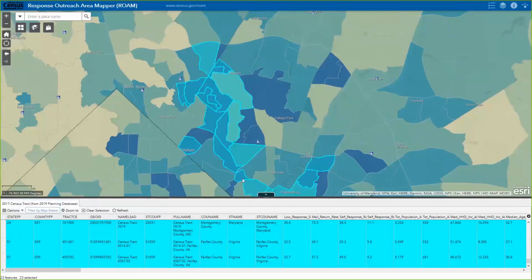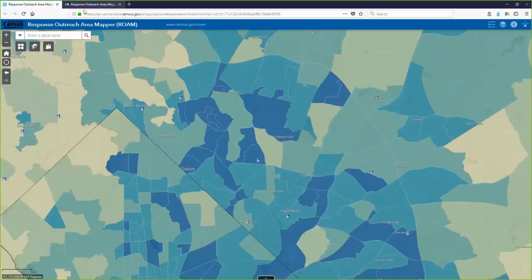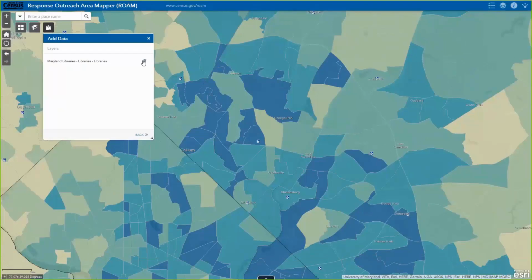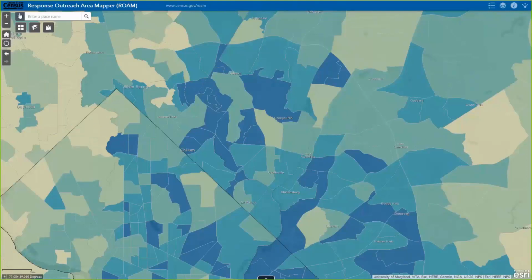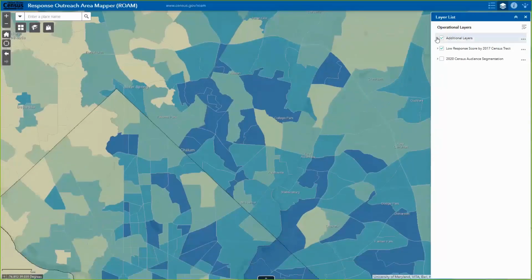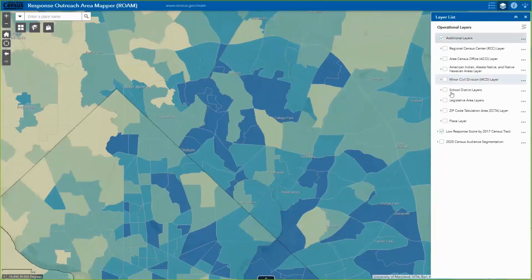One of the other things that I want to show here is I'm going to unselect all of these things, every type of geography, and I'm going to remove those libraries for a moment too. The different levels of geography that we have in that search box, we also have them available as reference layers in the application. So if we go to these additional layers, let's go ahead and turn on this